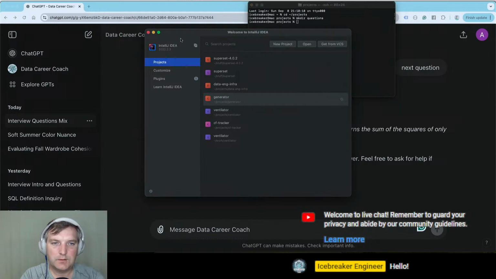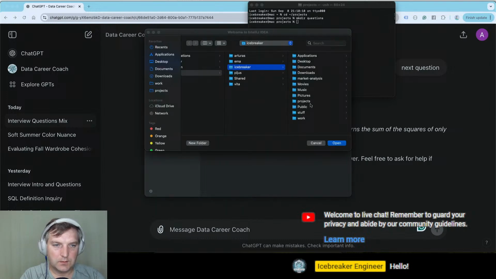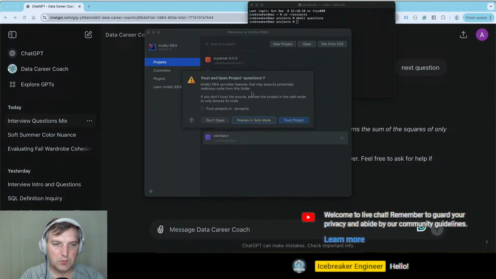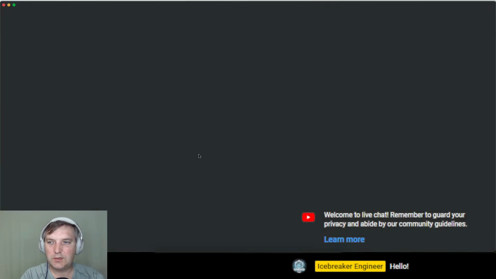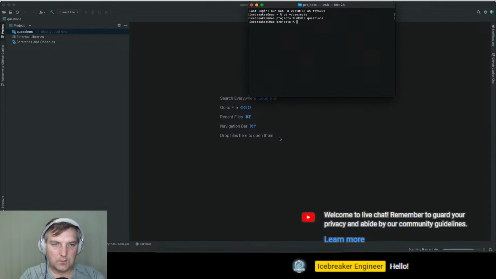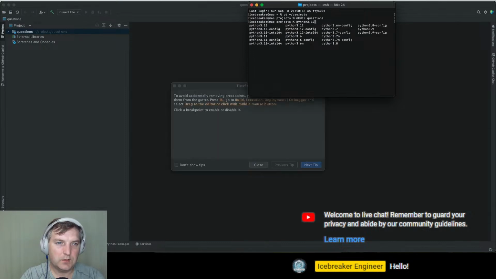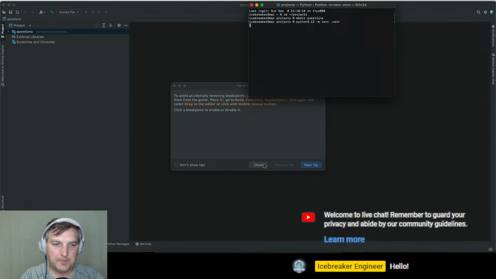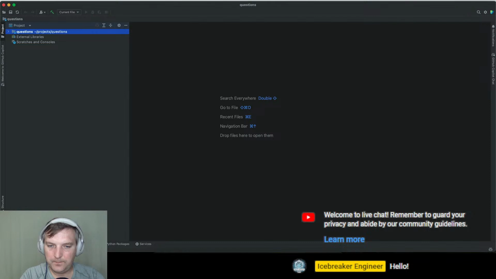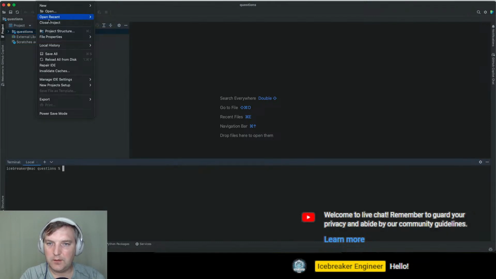Create questions. Perfect. Now let's go into projects, select questions, open. Yes, that's the project. Let's also create the environment: python3.12 -m venv .env. Okay. Now we have the environment in here.